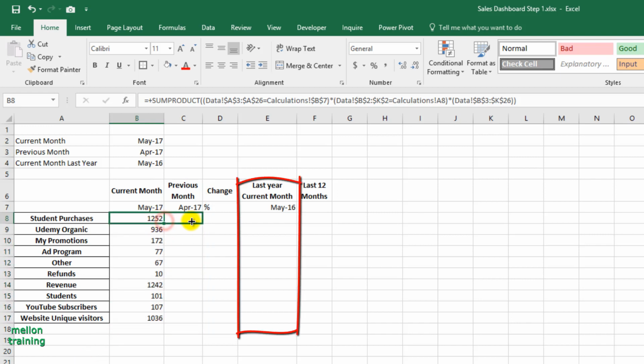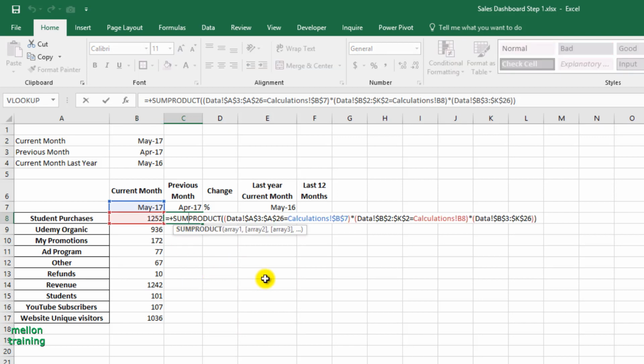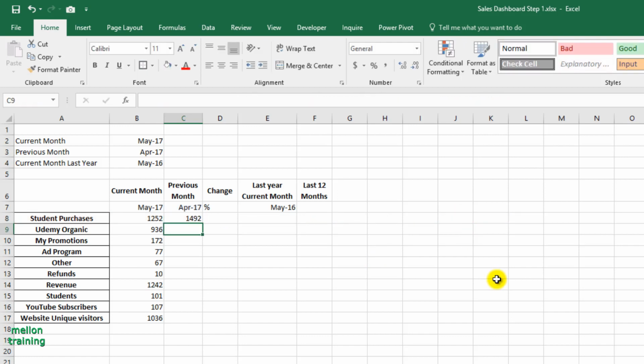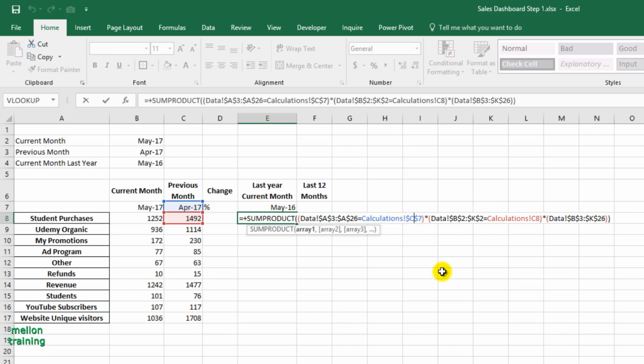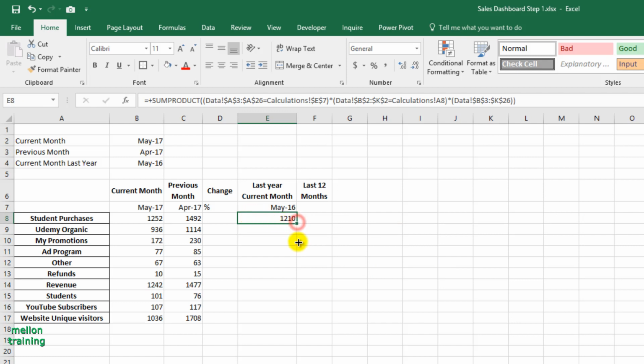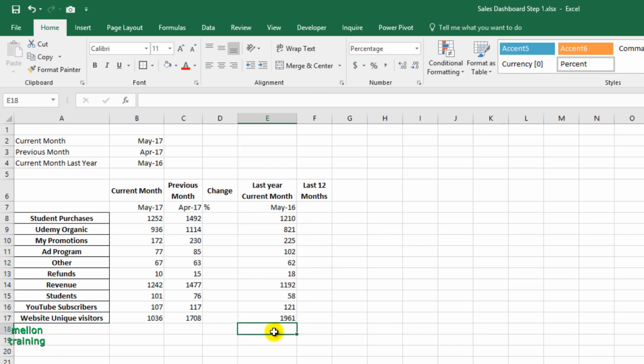Copy first the formula to the right and then double-click to make the necessary changes. Great, now we will continue to calculate the percentage change.